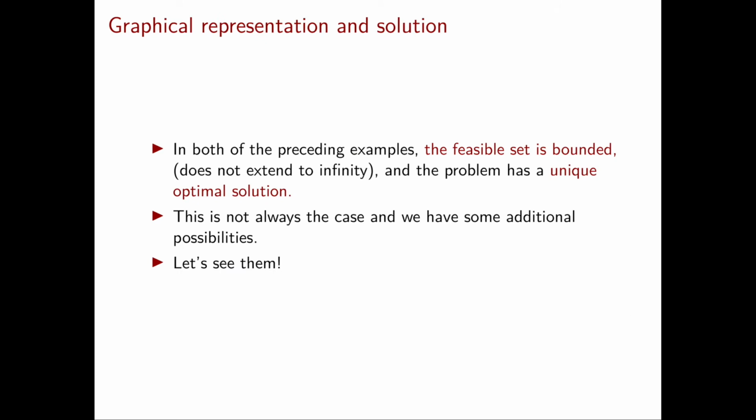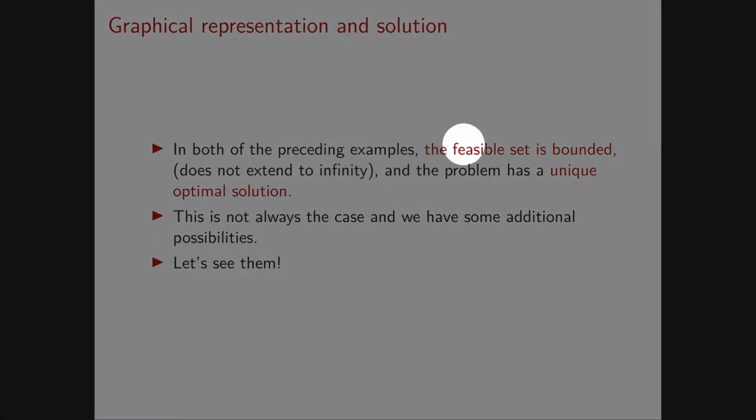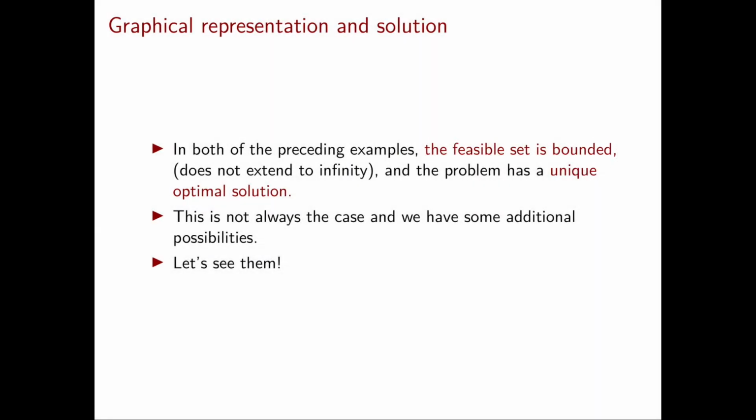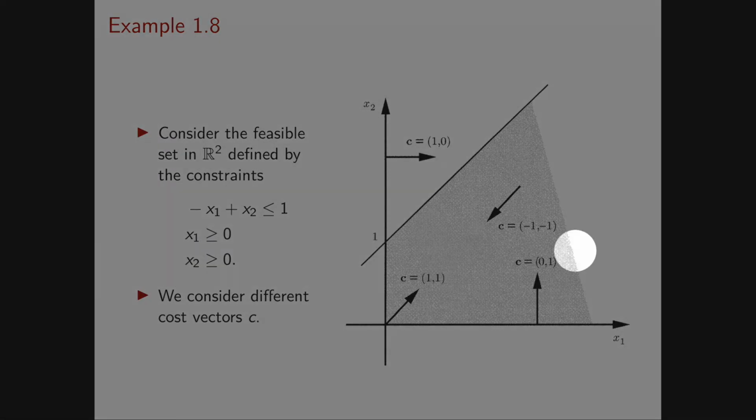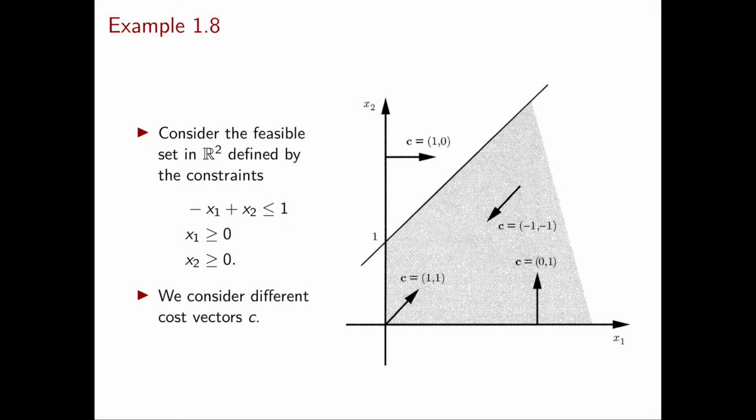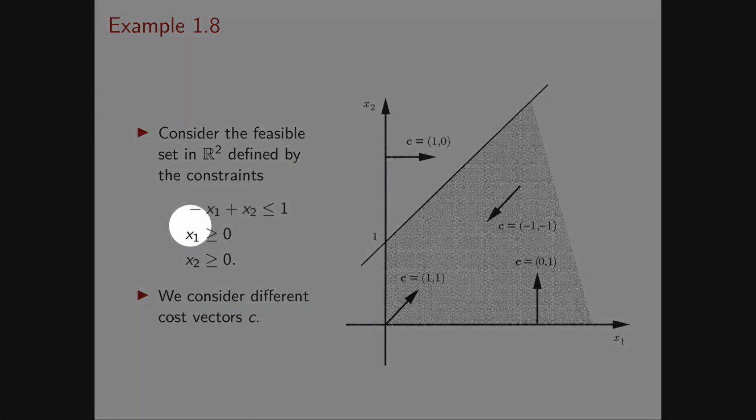Both the examples that we have just seen have a similar structure in the sense that in both of them we have a feasible region that is bounded and the problem has just one optimal solution. But this doesn't always happen, and to convince you, I will now show you a bunch of examples where different things happen. I'm going to use the same feasible region with a bunch of different objective functions at first. Our feasible region is this gray area over here that extends to infinity here on the right. This is the feasible region given by these three linear inequalities.